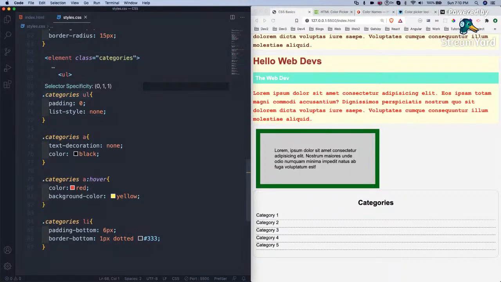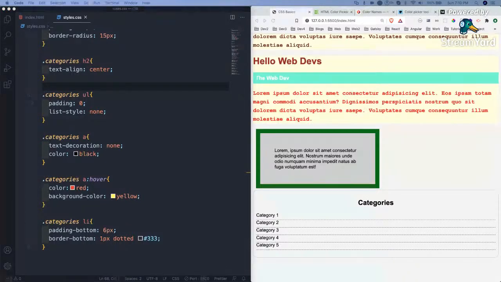CSS doesn't end here, so we are going to do a project also with this. The other thing we are going to learn is CSS Flexbox and CSS Grid. They are a very good, modern way to do CSS.